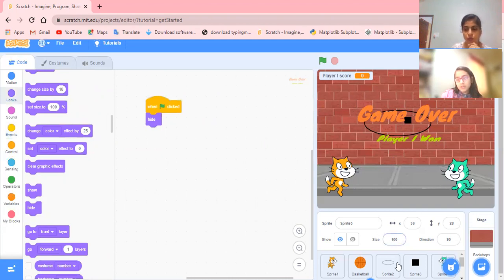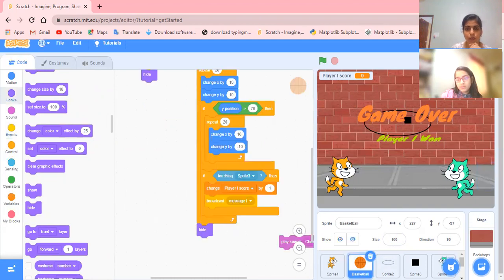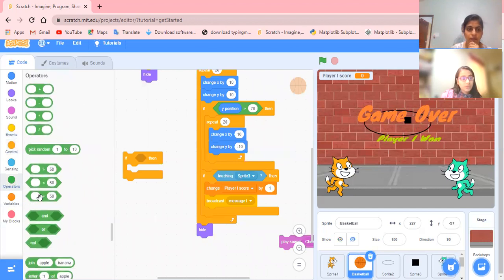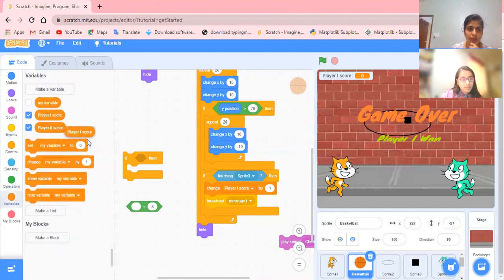Where the score variable is changing in the basketball, here we have to make a condition: if, from operators, player 1 score equals 5. What equals 5? The variable player 1 score. So from the variables, bring this player 1 score. Right? Condition done. Keep it here.